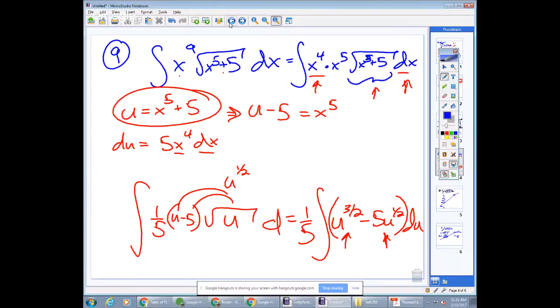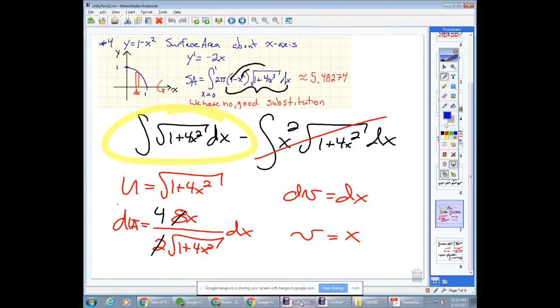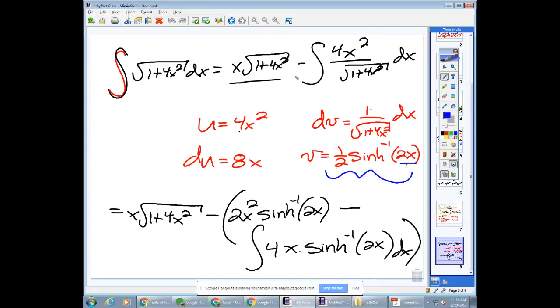Okay, let's take a look at that problem we started at the end of class yesterday. After I left you, I sat down to finish it and found myself in an infinite loop, which I hate when those happen, but they do. So we were trying to find an antiderivative, and we thought integration by parts might work. And we were able to rewrite this yesterday with an integration by parts of x times the square root. But now,